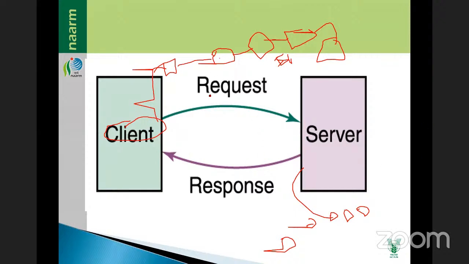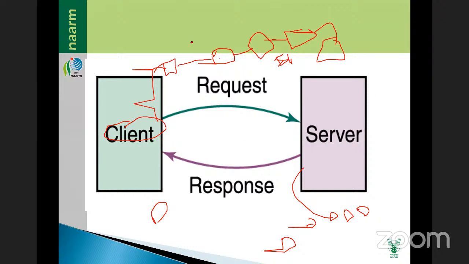In your case, it will go directly from the client, your mobile, to your ISP, internet service provider, whether it is Airtel, Reliance or BSNL, whatever it is. Directly it will go to the server. Because we are working in an organization, it will go to my server, and through my server only it will connect to the ISP. That is called direct IP. Direct IP means the system will directly connect to the ISP.